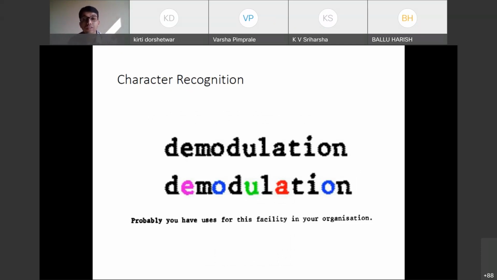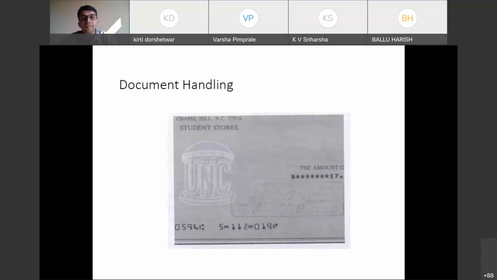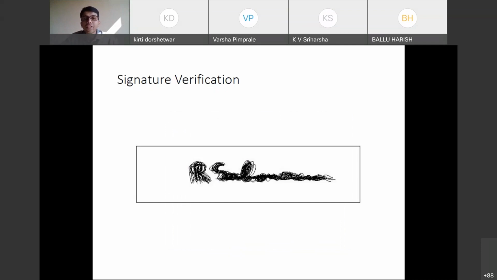So probably you have uses for this facility in your organizations. Then there comes document handling. You can see there is a part of a check which is signed. So you have to extract the region where that signature information is, and then match that information. Signature verification is done in this way, that you have some signature. Whenever a person signs, even if I sign, every time the outcome will be